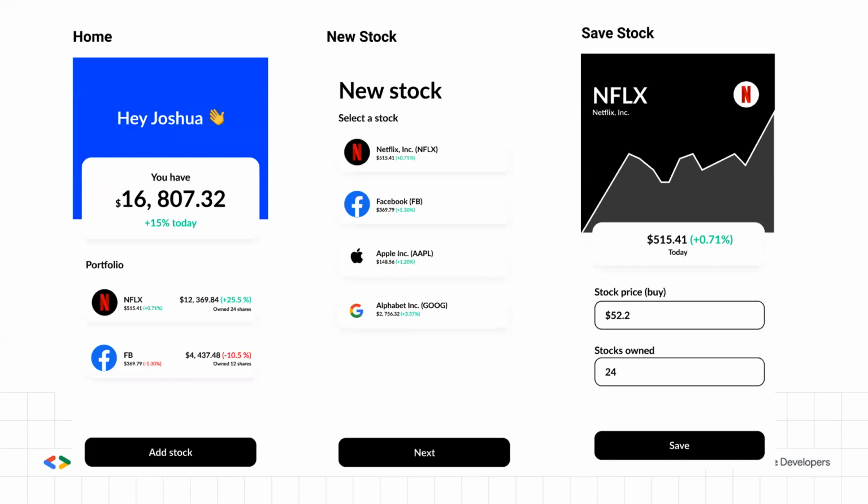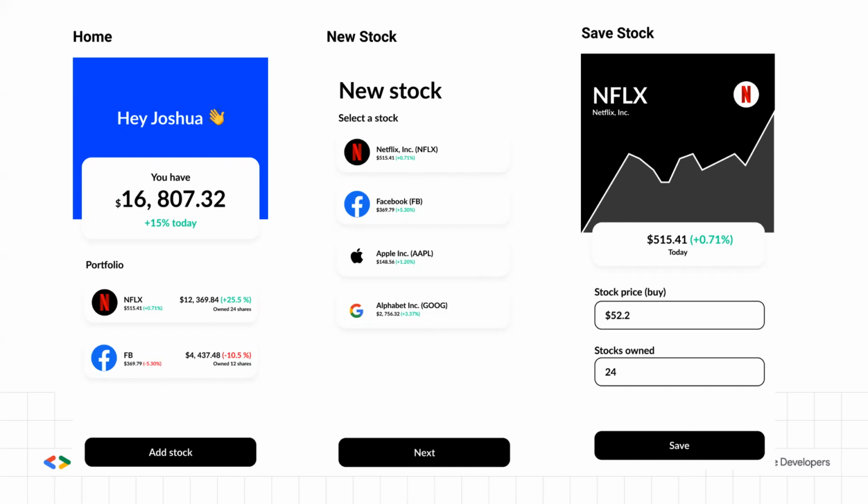And this is a sample project that we have right now. Later on, we'll see this in action. How can we add a stock to our portfolio? How can we update this? How can we delete from our portfolio app? This is a simple portfolio tracking app, and I'll be sharing the code base with you. Everything here is powered by Firebase. I chose the project because it's pretty similar to what I do in the US. Right now I'm in the Philippines, but I'm building for a stock trading company